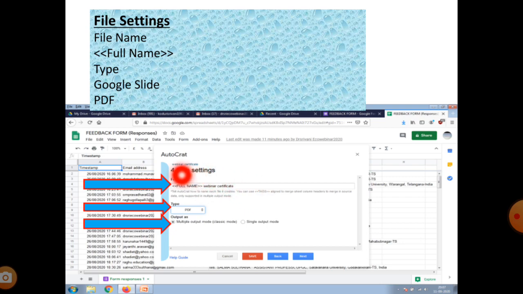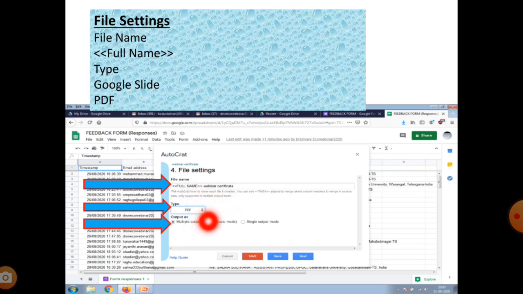Full name is within the less than and greater than symbols, and in between you type the full name. There is a vertical blue line, click on it, you get the full name. Click on full name, press Control V, and type webinar certificate. This is displayed in the spreadsheet after running the merge job.